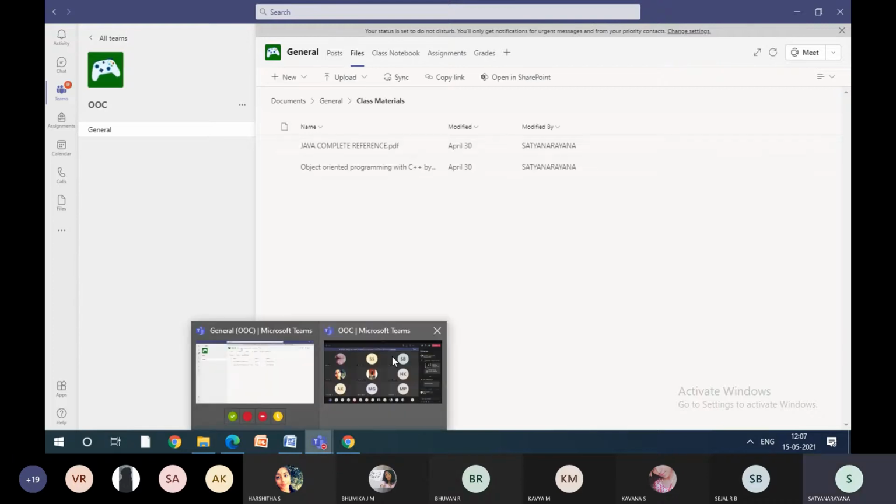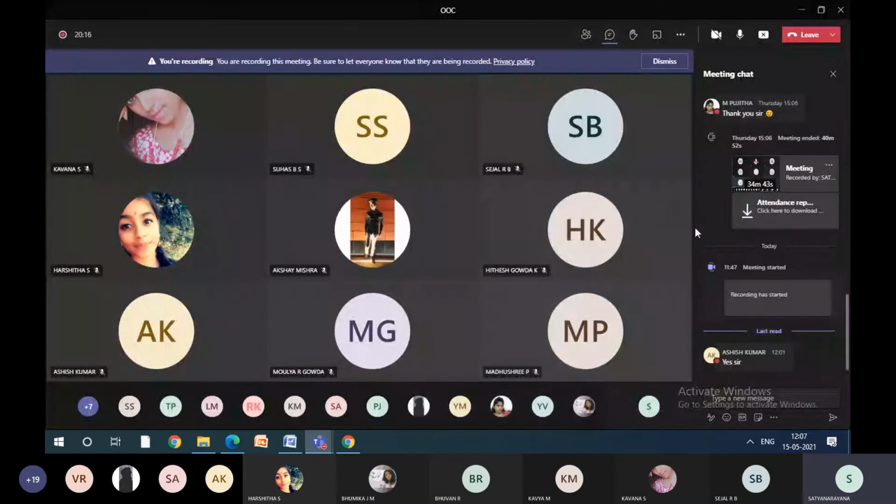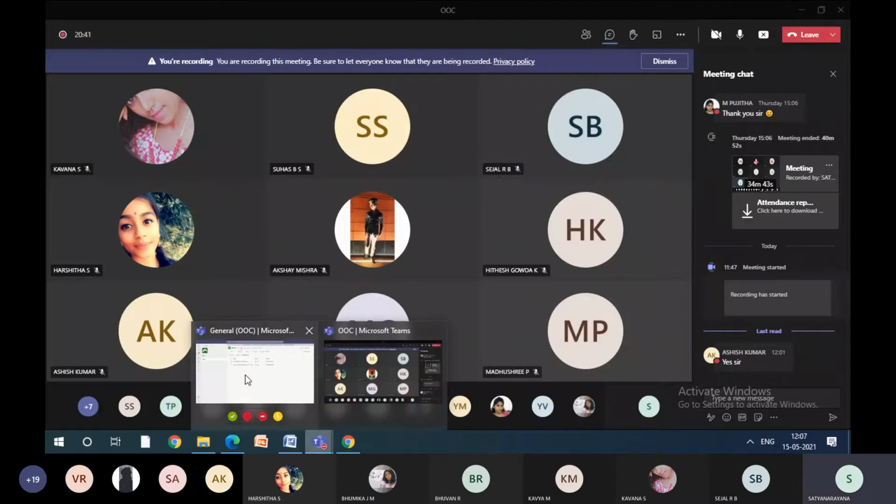And for preparation, I'm going to share one PDF document and also the slides which I explained. I'm pretty sure, for those who followed the class, if you see the PPTs, that is more than enough to write your VTU exam also. I'm not talking about IA. To write your VTU exam also, the slides are more than enough. As a reference document, I'm going to share the PDF. So it's up to you which one you take.